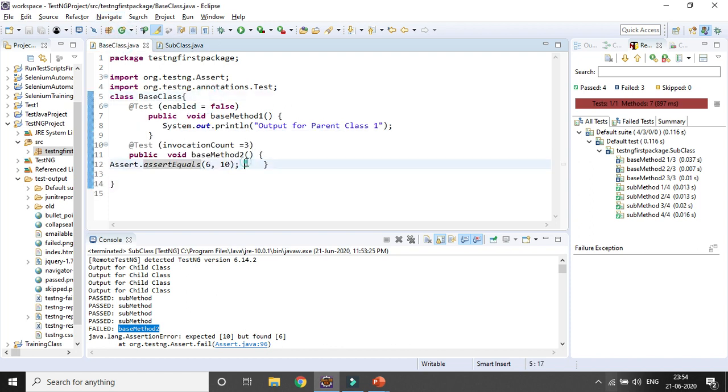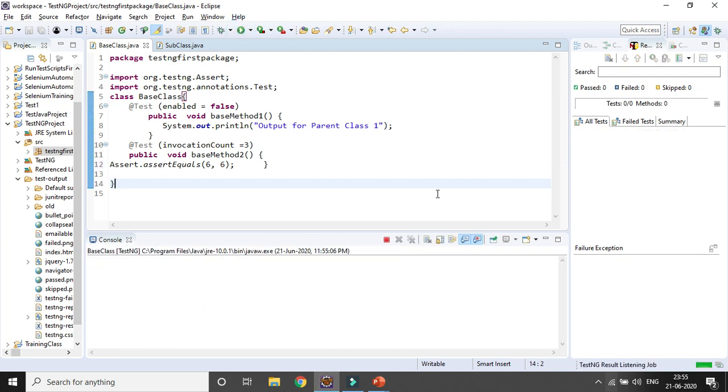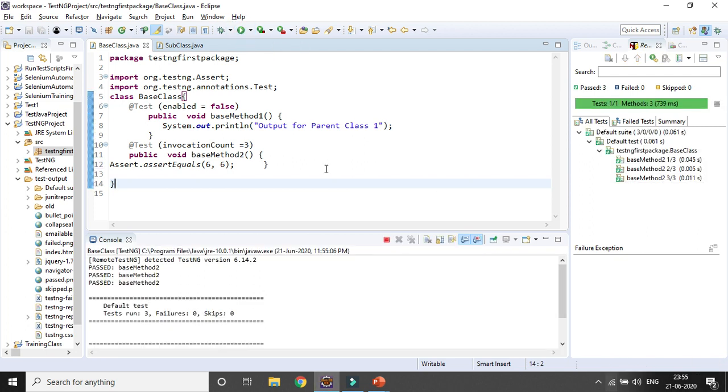Now here if you run only the parent class, let's see what is happening. Assert dot assertEquals, let's pass it and see. In the parent class no child class method will be executed, only the parent class methods will be executed.